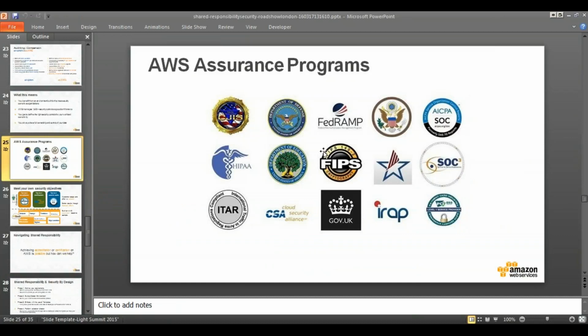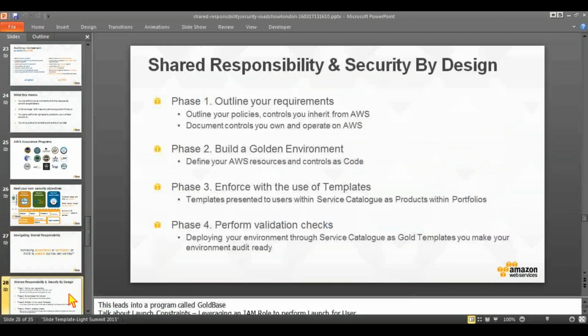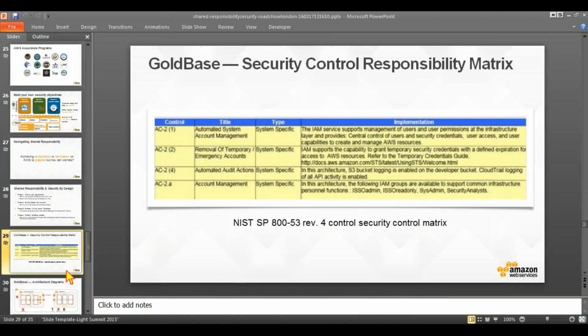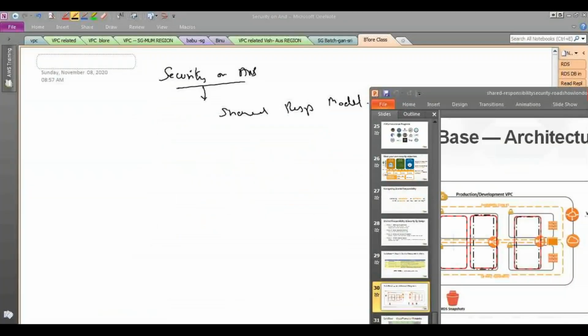AWS just provides the guidelines, and remember, all services may not be compliant to all these standards. So the security teams have to check in case you need to follow those standards. If you want, I'll share this presentation, so don't worry too much about this. You just need to know it at a high level.